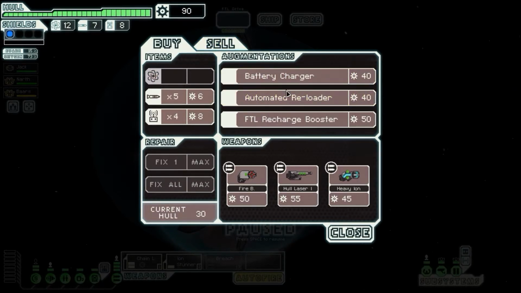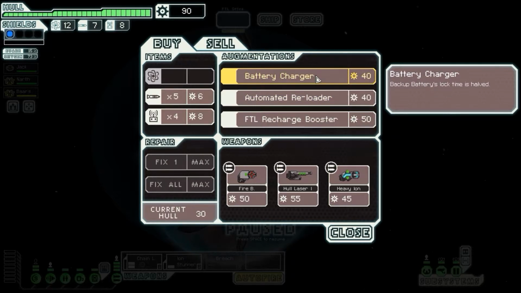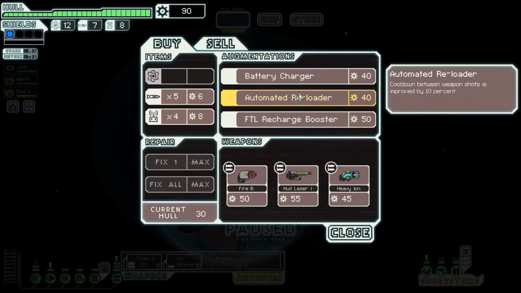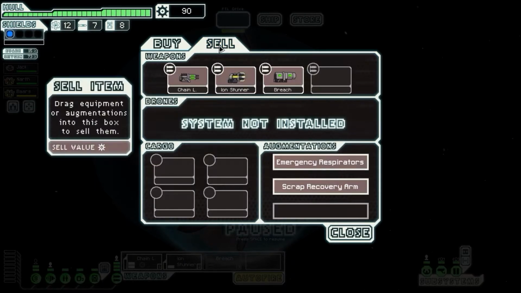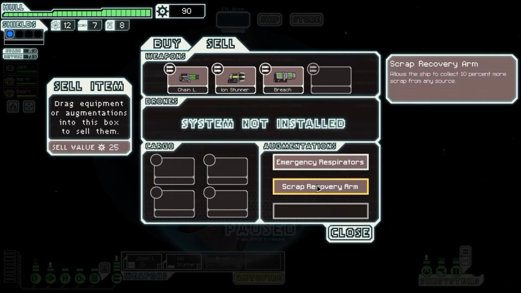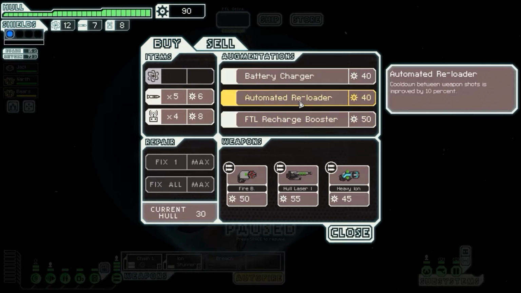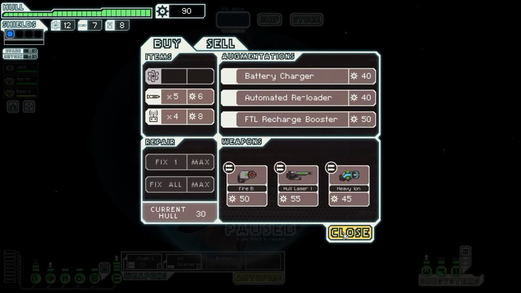I need to put that scrap on too. So battery charger, backup batteries, lock time is halved. I don't have any backed up. Auto reloader, cooldown between weapon shots is improved by 10%. That's pretty good, to be honest. FTL charge booster. Let me see what I got here. Oh, it's already on there. Okay. 10% more from any source. Okay. I'm going to keep the breach missiles. That's pretty good. But you know what I actually am going to do is I am going to...